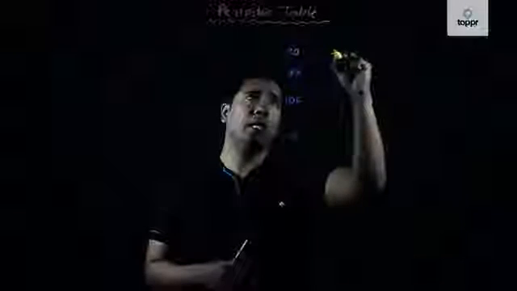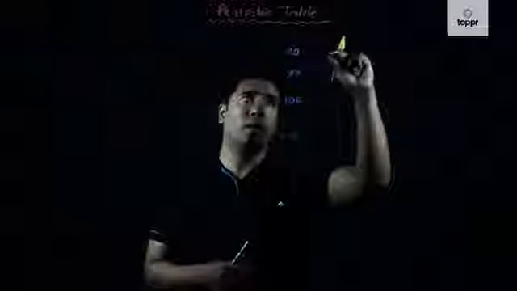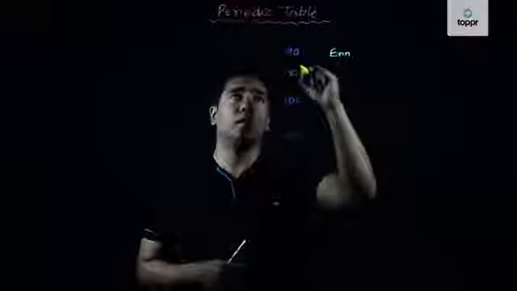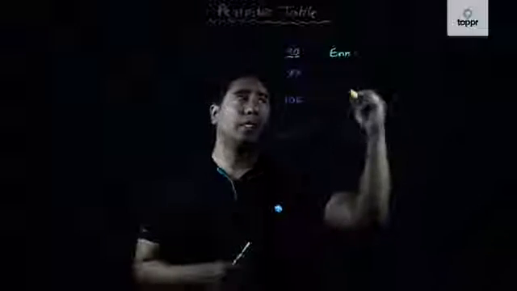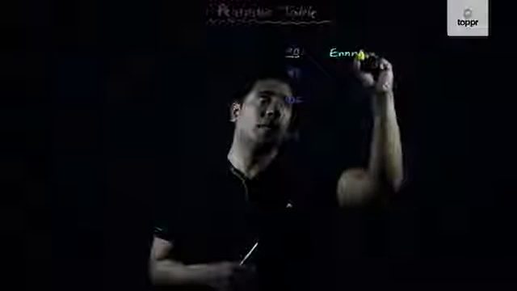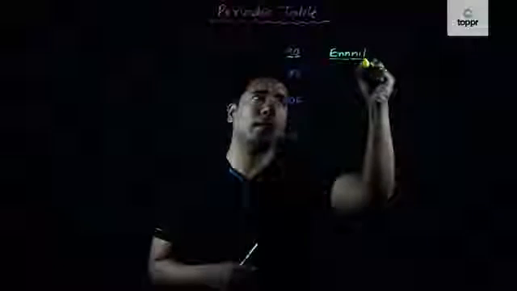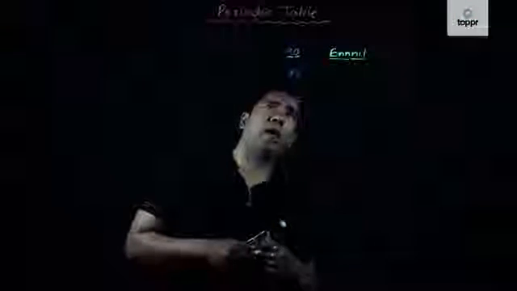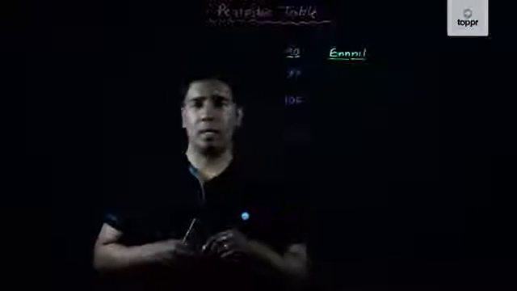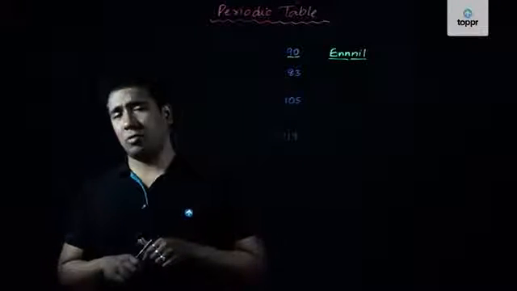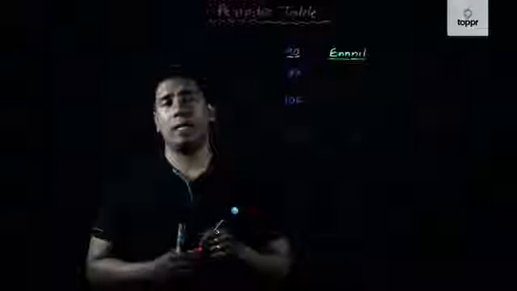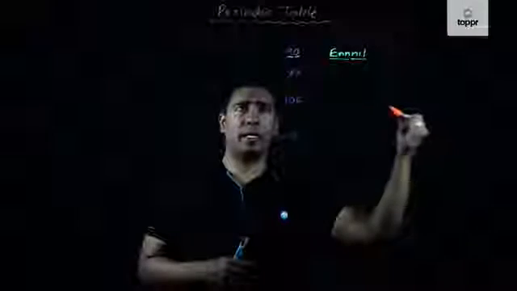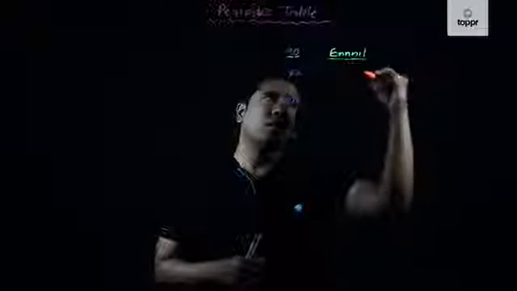Now in this specific case, we know that the element with atomic number 90 will have its name starting with enn, right? So its name will be starting with enn, standing for 9, and after that 0, we know it is nil. So in such a situation, we can write down the name as enn and then nil. Now this is a very awkward situation wherein we have 3 N's together in one name itself, right? And that is the reason why, to avoid such a situation, we will be removing one of the N's. So in such situations, instead of writing enn nil, we will be writing down the name as